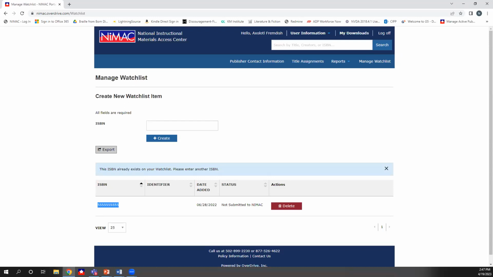So one of the caveats for the watch list is that it's usually best if you can copy and paste the ISBN from some other source rather than typing it in. Sometimes you don't have that option. You do want, both when you're searching and when you're adding to the watch list, to take out any hyphens if there are hyphens in there.